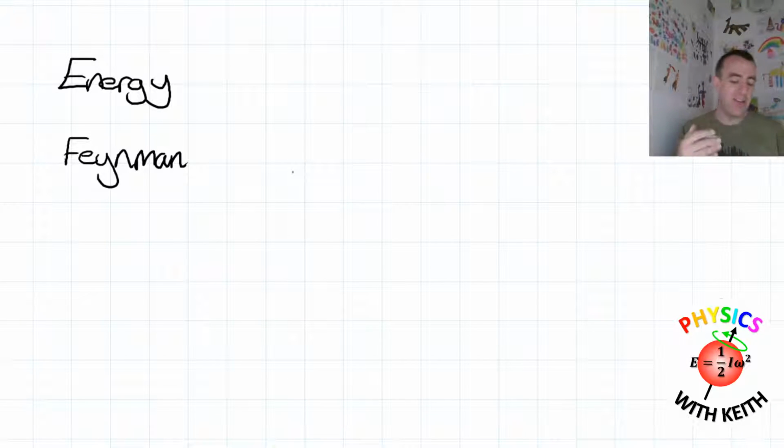And the idea of this story is that these blocks represent energy, and we can hide them in different places. We can put them in the sink or in the sand pit or under the bed or out the window. We can lose them. And we can give them to the child, and we can put these blocks in different places. But the number of blocks, we're convinced, is always the same. The blocks represent energy, so we can bury energy in different places. And we call those things energy stores.